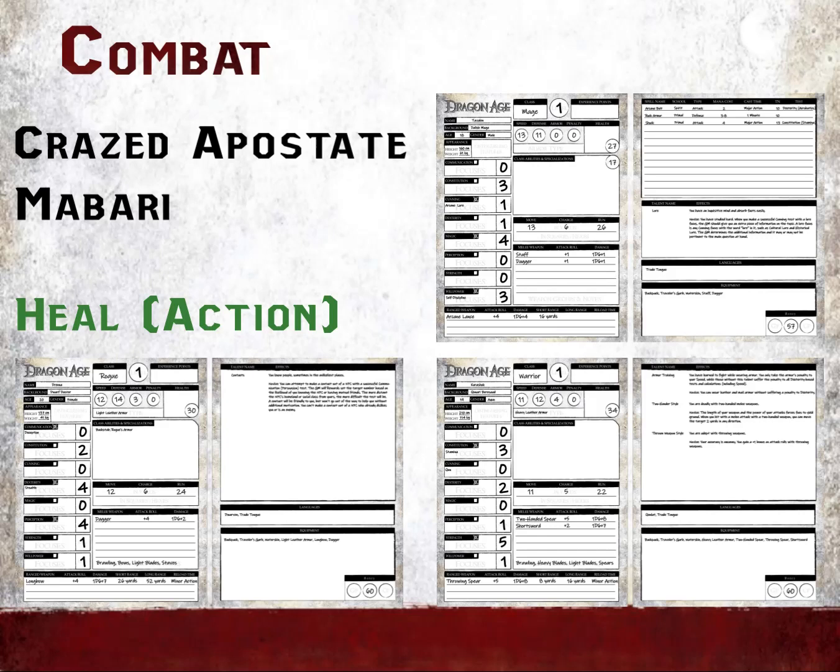The target of the heal action now recovers health equal to the result of the dragon die plus the cunning score. So now our rogue gets back 5 points of health. You cannot do another healing action until the target takes more damage, while healing magic could still be applied, as could health potions. While our mage was taking care of our rogue, our warrior was searching the apostate and found